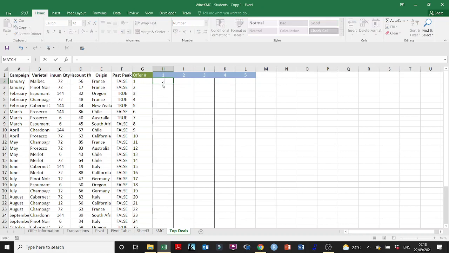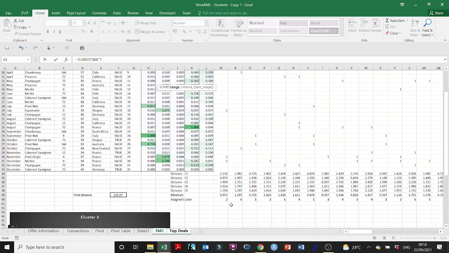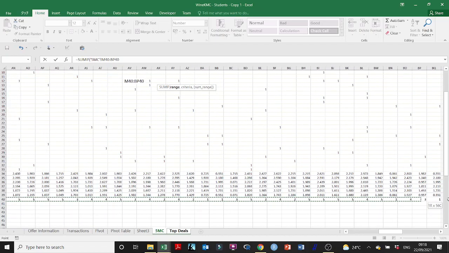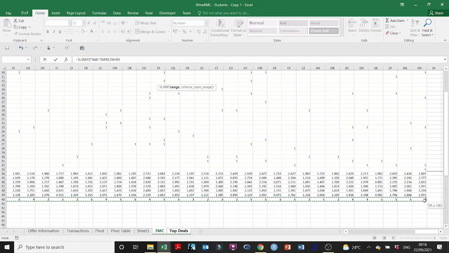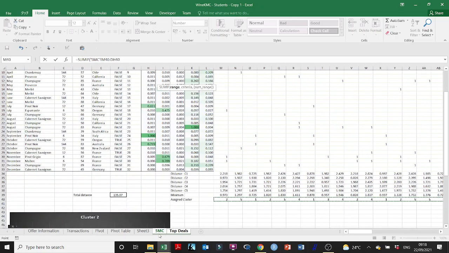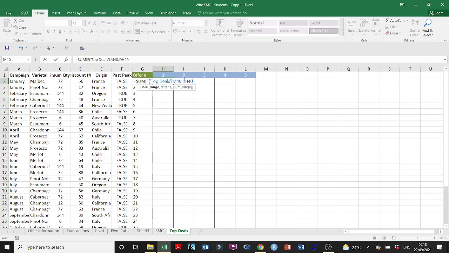So we're trying to say for SUMIF, you don't have to put it in capital, the range, I want you to look into this range, which is the assigned cluster range. So looking into this range, where we assign the clusters, when it is equal to,